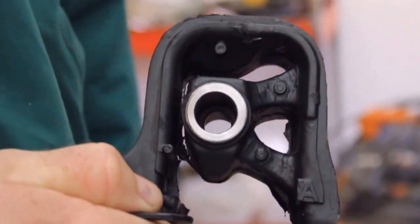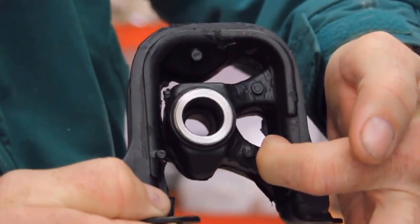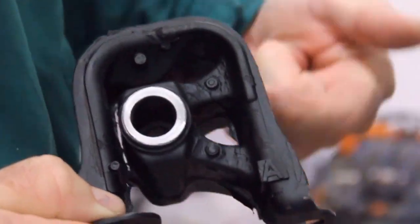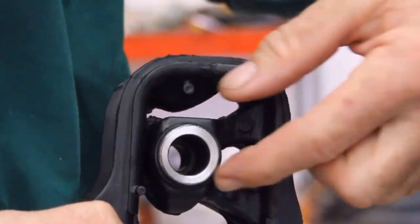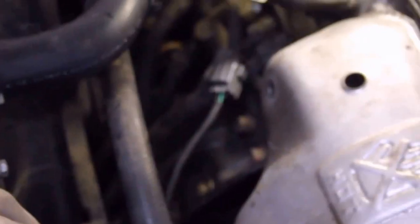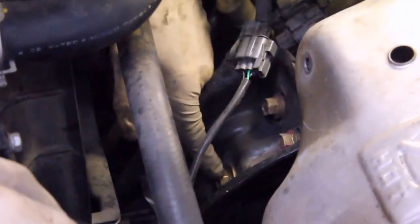Here's a picture of the new motor mount, and the problem is a crack develops in these rubber supports, eventually severs the connection completely, and as you saw when the engine was rocking back and forth, this is just flopping around. The way I'm going to do this is first remove this bracket, which requires a 14mm socket, and then there's another bolt that goes through the motor mount and the bracket, which I think is a 17mm bolt, the size socket that's necessary. Before I do that, I'll remove this plastic